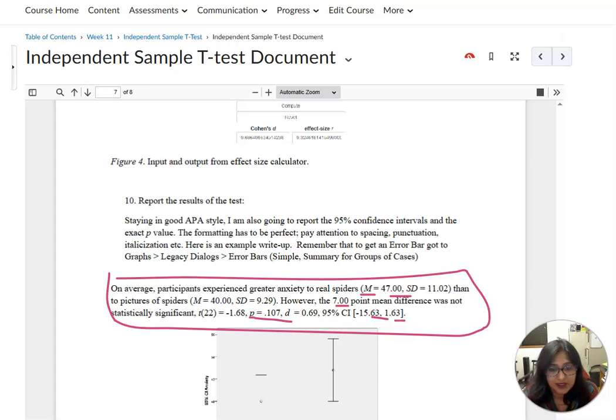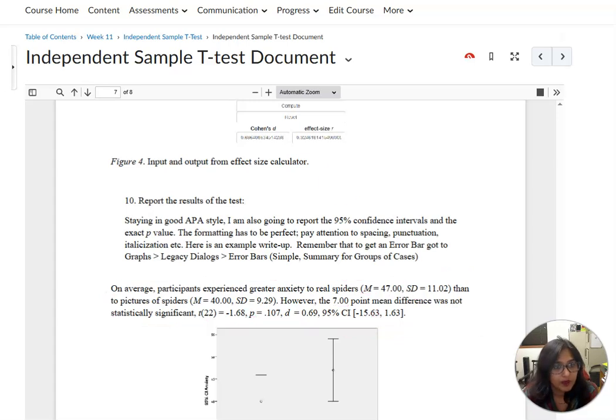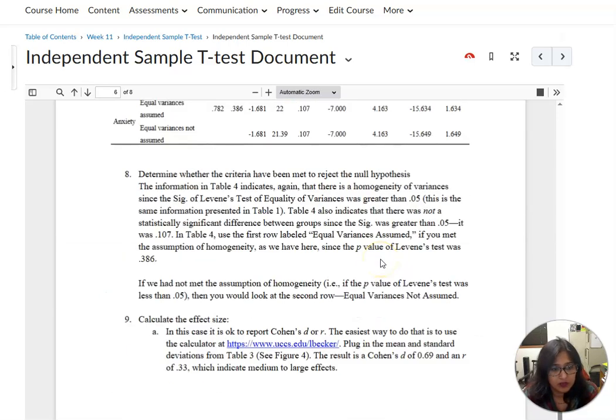You can see that these are italicized and capitalized. This one is small, not lowercase, and italicized. Those are the things that I'm going to be looking for when I look at your report. Once again, I go through those. Here is the effect size, all of those things for each one of them.